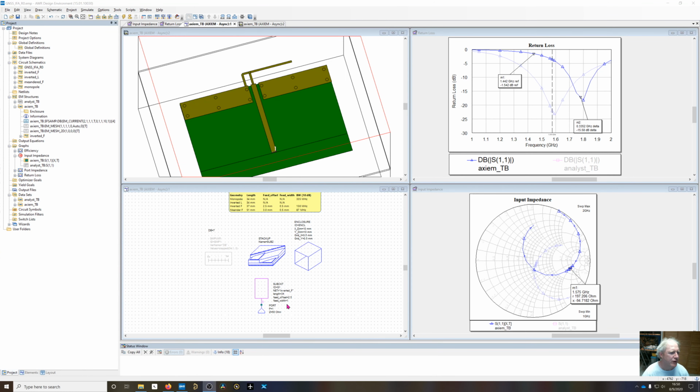So now I've switched this over to the inverted F, and I've kept the length at 34 millimeters. And the feed offset is 2.5 millimeters from here to here. So when you do that, you can see that this locus right here is an original monopole, and we went to the inverted F and our impedance decreased. But now, since we've moved the feed point up, instead of feeding it right here, we're feeding it right here, our impedance has increased. So now we're up to 197 ohms, but we really ought to be back about right